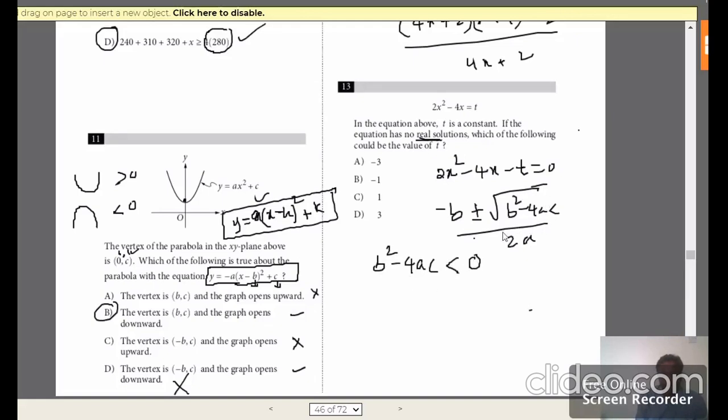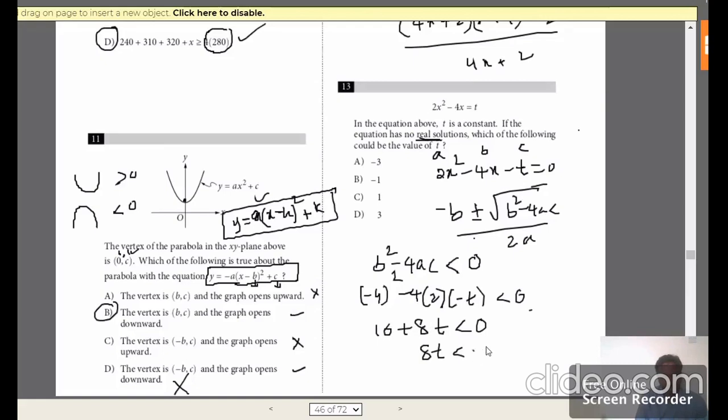I mean this one, the discriminant. So we don't have to work out and substitute in the entire formula. You just have to write b square minus 4ac less than 0. What is your a and what is your b and what is your c? It is nothing but this, a, b and c. Constant, coefficient of x and coefficient of x square. Just plug in here. Minus 4 square minus 4 times 2 and c is negative t less than 0. So 16 plus 8t less than 0. If you shift it to the other side or subtract 16, either way it's possible. And divide by 8, you're going to get less than minus 2, and we know among these options less than minus 2 is nothing but negative 3.